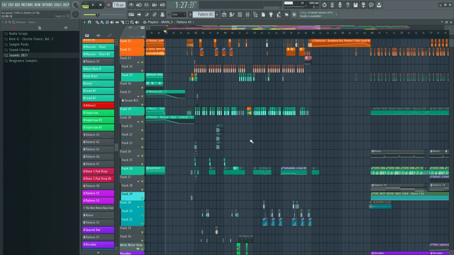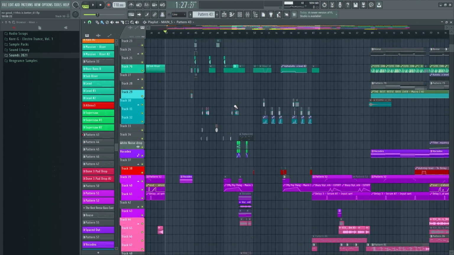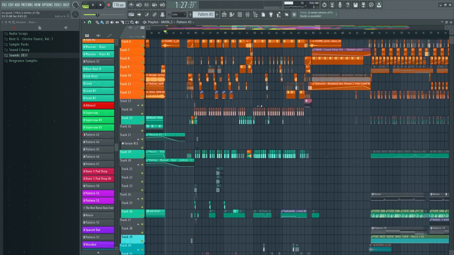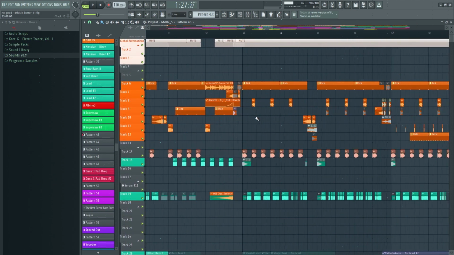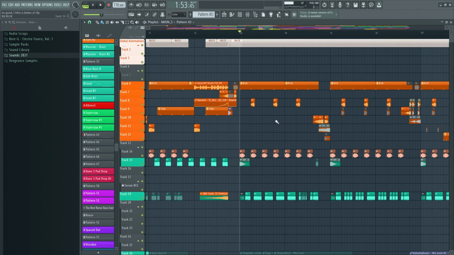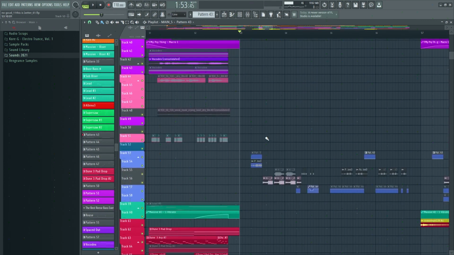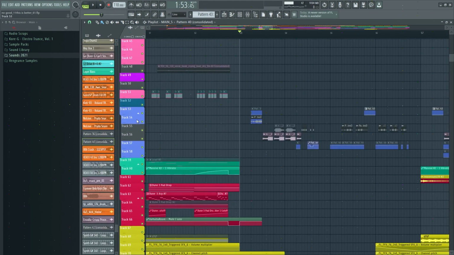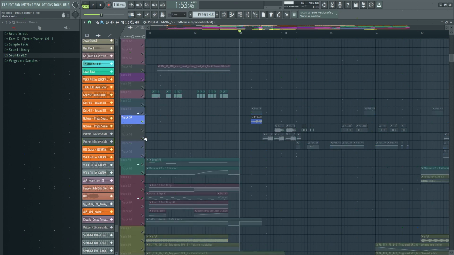Yeah, so that's the drop. Instead of starting with the kick and bass, I thought I would just go straight to the main element that I reckon makes the track unique, which is the sort of stuff we've got going on here. So we've got this,